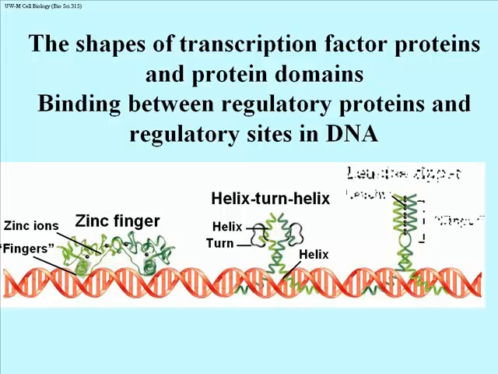And the last that I want to show you is what's called the leucine zipper protein. The leucine zipper itself is a way of holding two separate proteins in a dimer together. Leucine is a hydrophobic amino acid, and if you have a regularly spaced bunch of leucines on two strands, they will tend to come together and zip up like a zipper. And the part of the protein that is extending from either half of the zipper, again, are helices that penetrate the major groove and are responsible for binding specific DNA sequences.